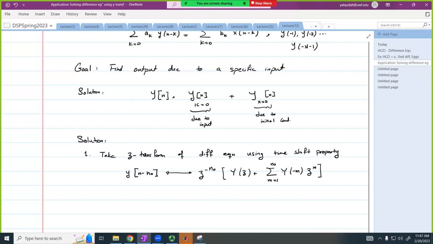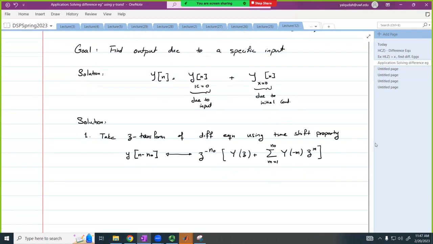Looks confusing, but we'll clarify it. We'll see what it means. Second, we're going to convert to positive powers of z. And third, we're going to express